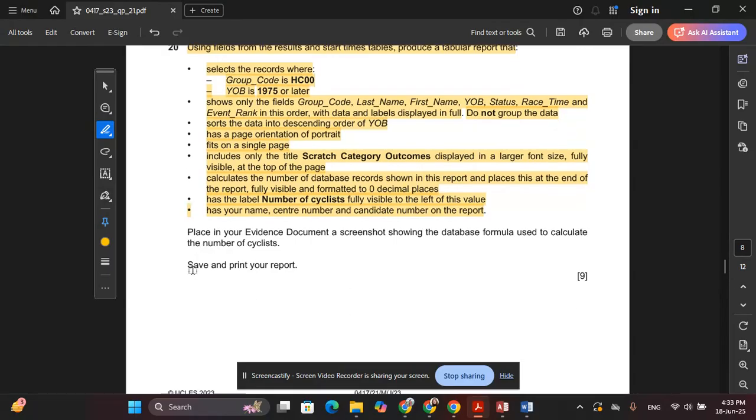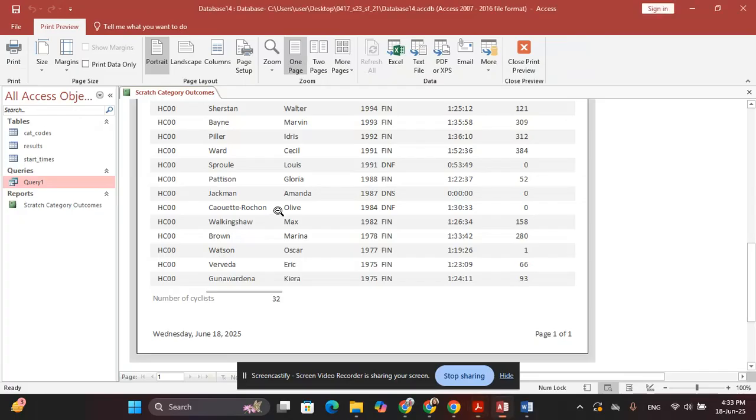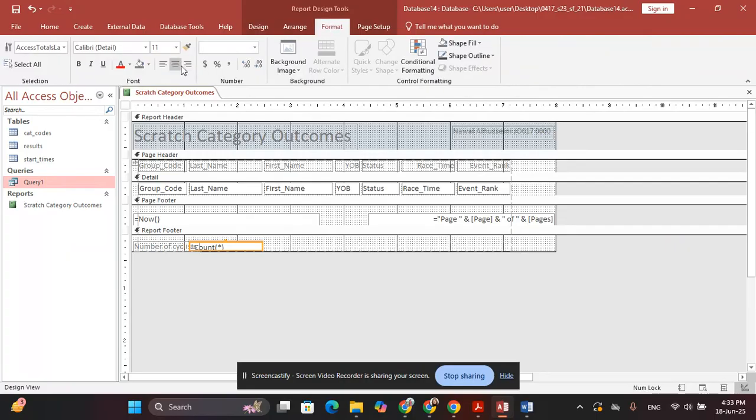Okay, now they told us to place in your evidence document a screenshot showing the database formula used to calculate the number of cyclists. I'm going back to the design view. This is the calculation that we used, in order to show them in the screenshot that we used the count function. But if the number of cyclists text box is not clear 100%, please, guys, just change the alignment for a while. We will redo it again as it was,